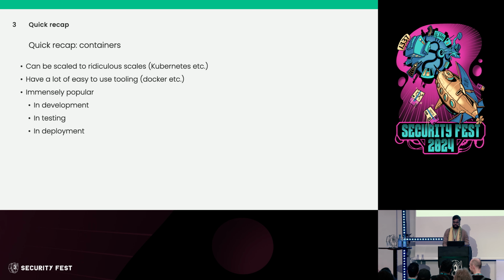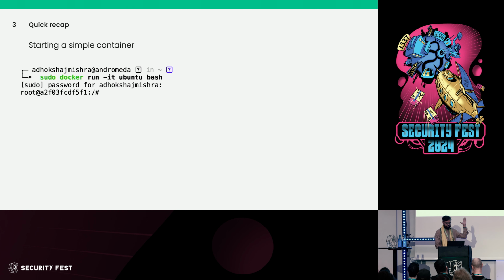Now, because of scaling, this became really popular. The second reason is that for some reason, people really like to replicate Google, whether it is applicable or not. So Kubernetes it is. It also has a lot of easy to use tooling. Docker is really easy to use. There are 1 million write-ups, so everyone is learning Docker. And obviously, it is popular everywhere, which means if I target containers, I have a lot of targets to pick from. If my stuff does not work at one place, probably it will work at some other place, and I will end up doing something fun. That is my last motive.